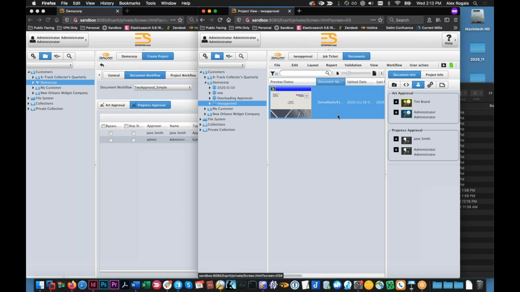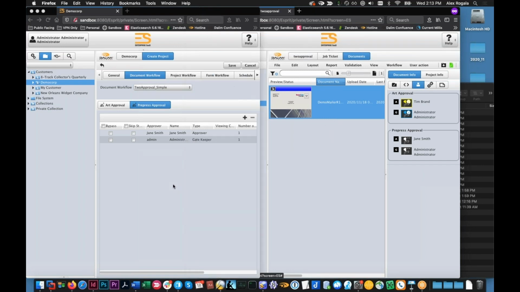So I'll push this file in. You can see it pulled in my approvers just fine. There are a few different ways you can assign approvers to an approval step in one of these templates, or even in a job in general. But it's one thing to keep in mind when you're setting these up in the overall template is,